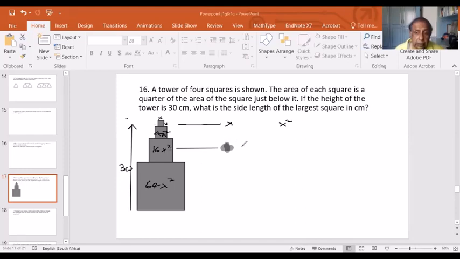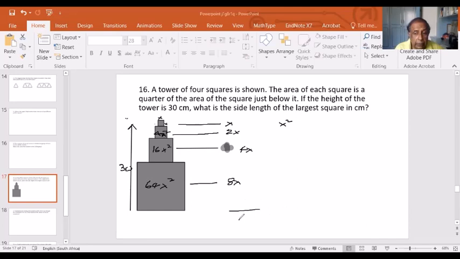If the area is 16x squared, the side is 4x. 4x times 4x is 16x squared. And likewise, here, the side will have to be 8x, because 8x times 8x is 16x squared, so the side is equal to 8x. So now we have, this side here was 2x. This area was 4x squared. So now that tells you that you can add up these 4